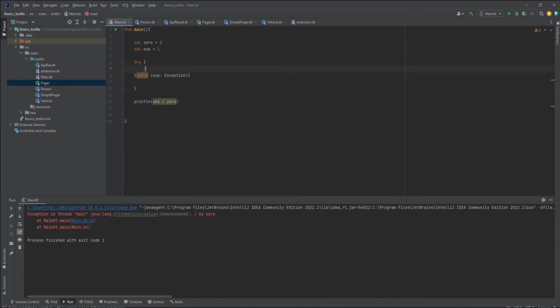So inside this try, we put the code that we suspect may throw an exception. The code that we need to handle is 1 divided by 0. And in case the exception occurs, let's, for example, show the following message: